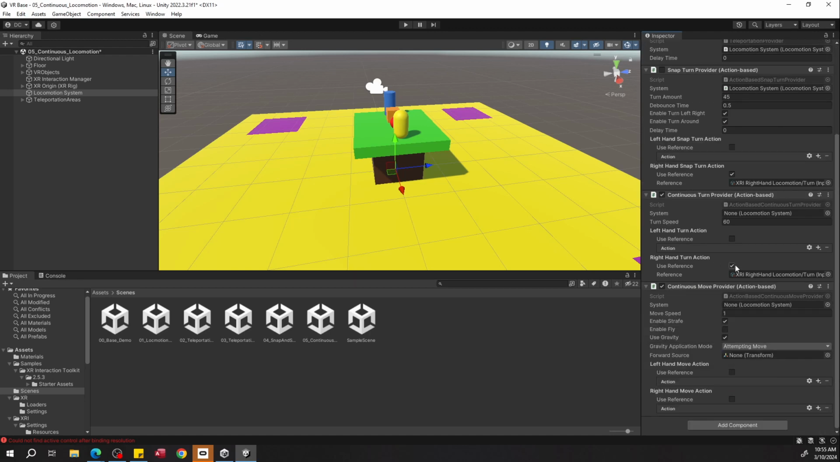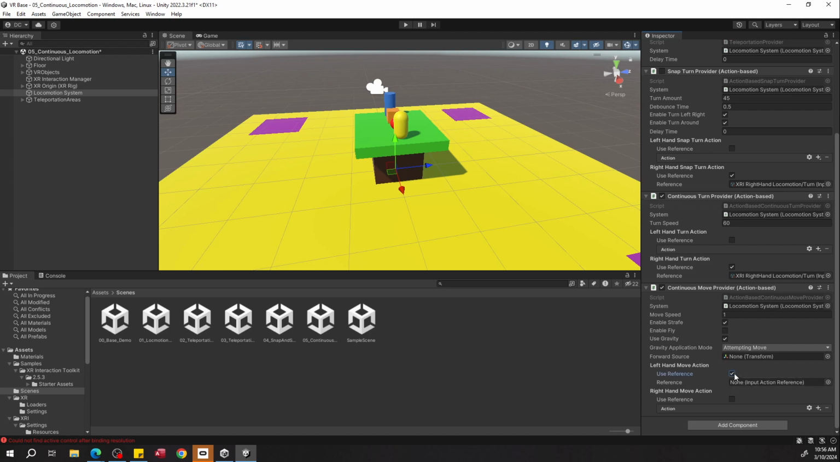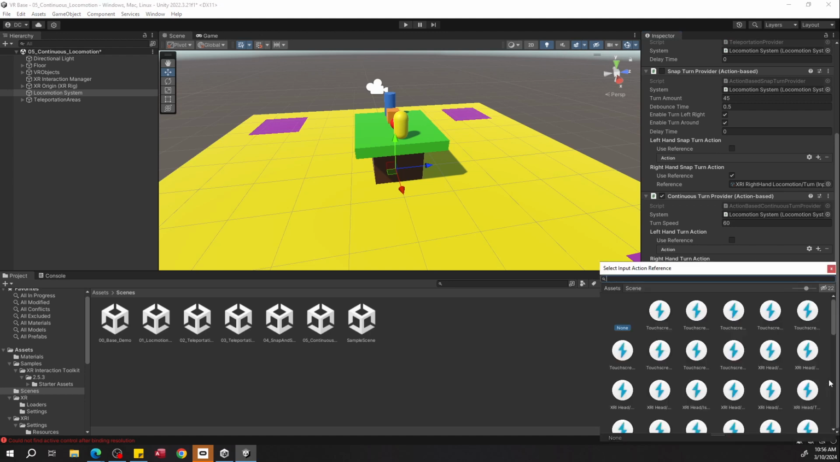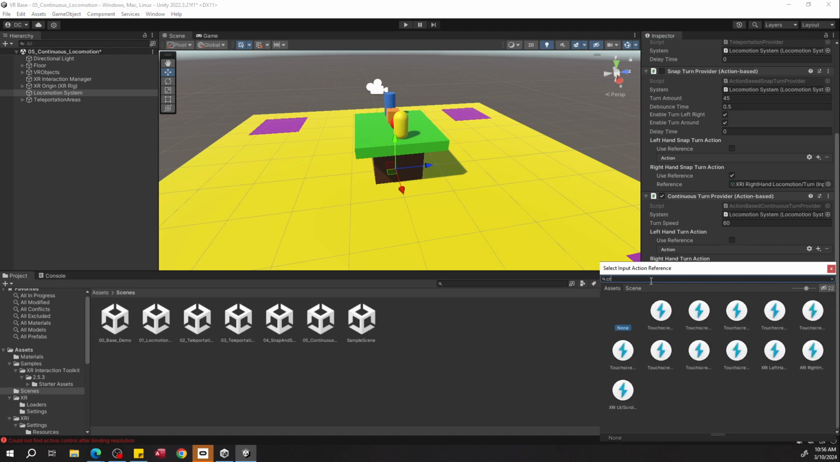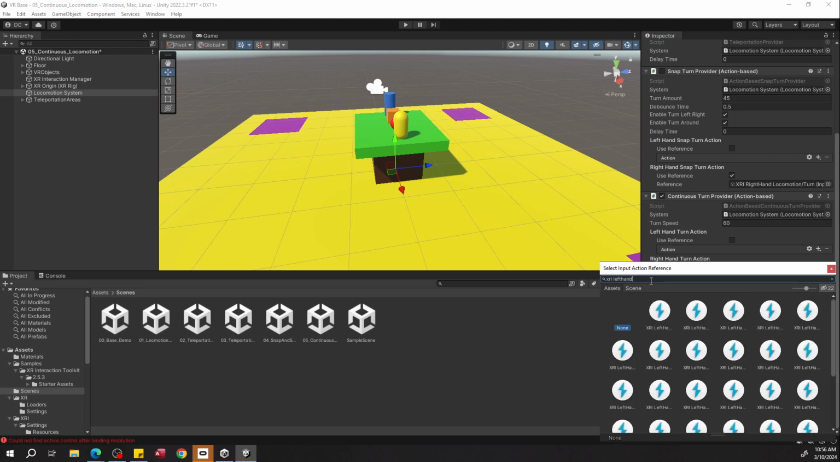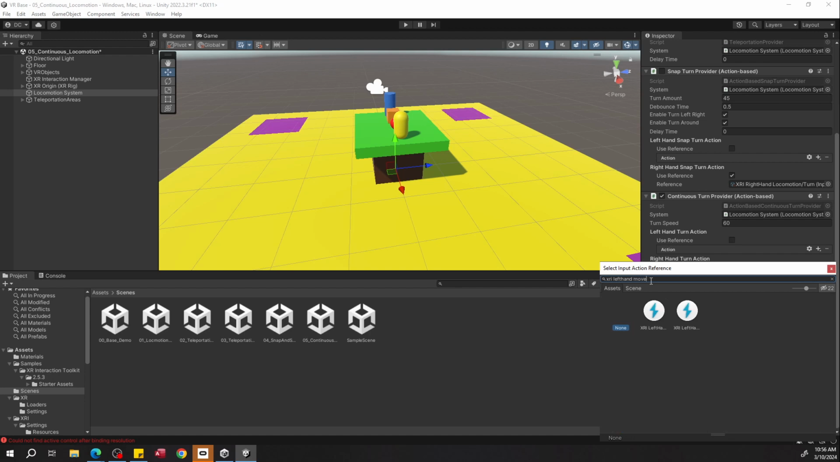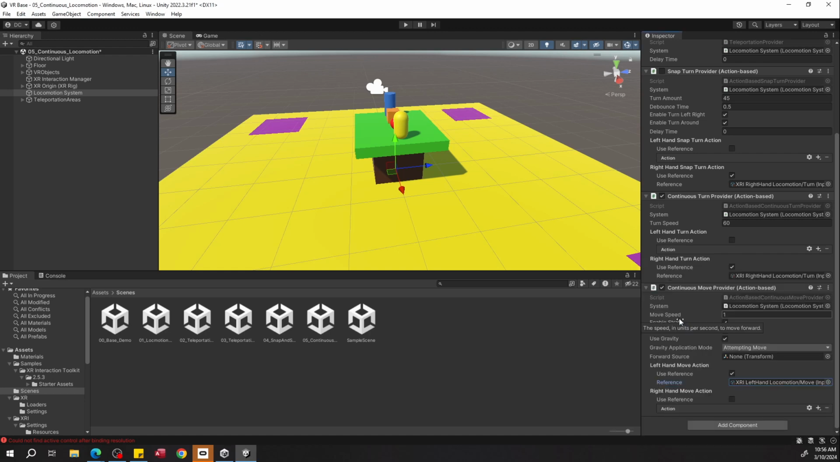I need a locomotion system, which can refer back to itself by dragging it in here. Click my continuous turn, did not have that either. There we go. And following a similar process as earlier, I'm going to turn on my reference for the left hand, and this time I'm going to choose XRI left hand move. So I have grab move. I'm going to choose the regular move. Double click,